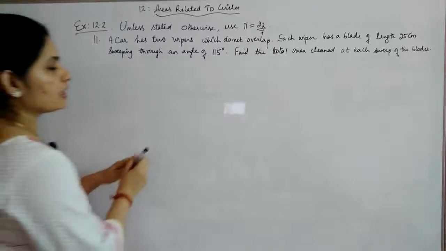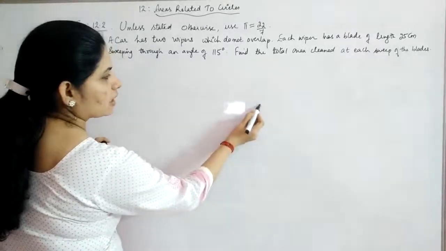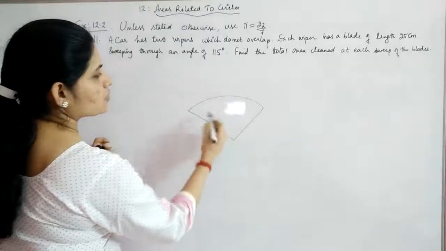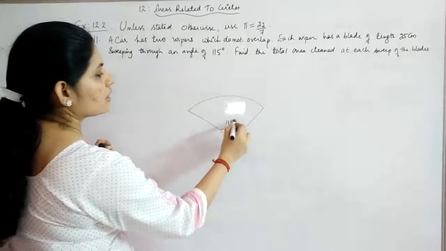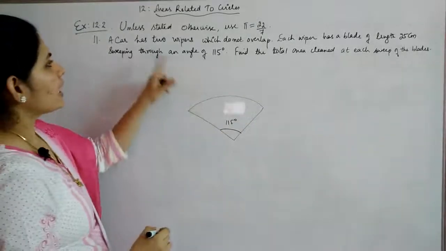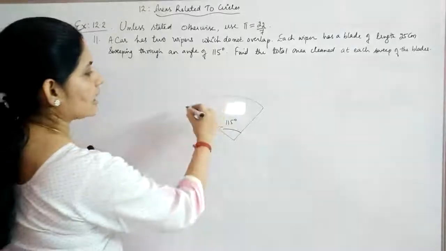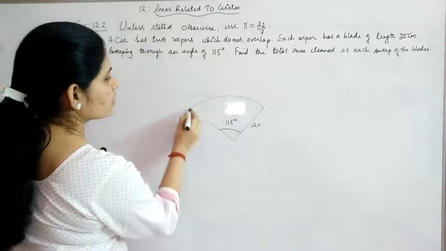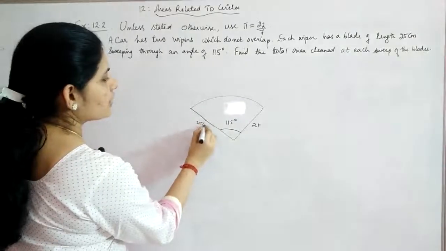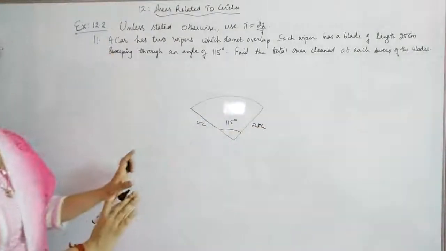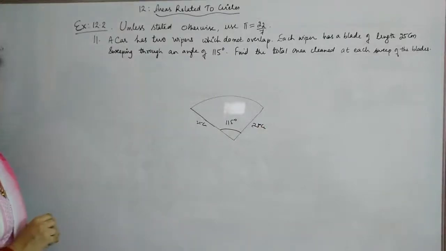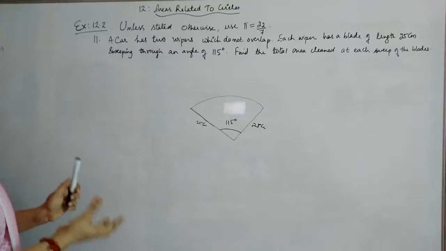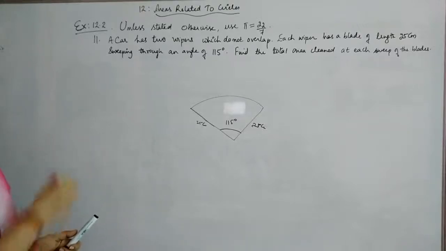Okay, like this it will be wiping. Suppose this is the wiper, it will be like going like this till this point, suppose. So this is forming a sector. So you have to find out the area of this sector where the angle is given to be 115 and the length of the blade is given to be 25. Both will be same. Length of the blade will be 25 centimeters. So this is the sector formed, and you have 2 blades, so there will be 2 sectors formed, and both will be having the equal area. So you can just take one sector's area into twice that will give you the total area cleaned at each sweep.